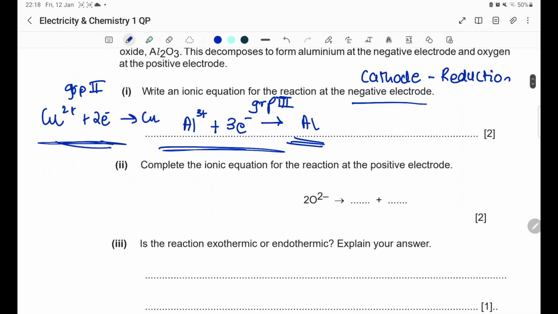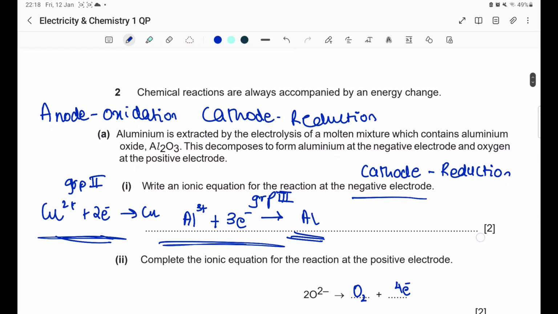Complete the ionic equation for the reaction at the positive electrode. Now, your equation for oxygen and for the hydroxide ions, I highly recommend for you to memorize. The working behind both these equations is not required by IGCSE students. So you just need to know that 2O2- will give you O2 plus 4e-. However, if it's easier for you to remember,